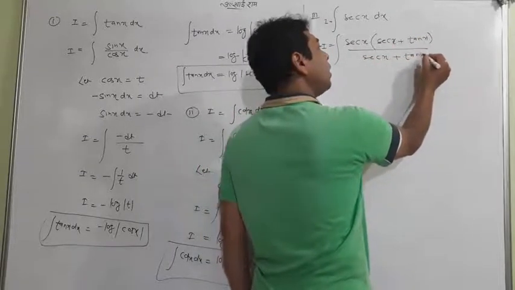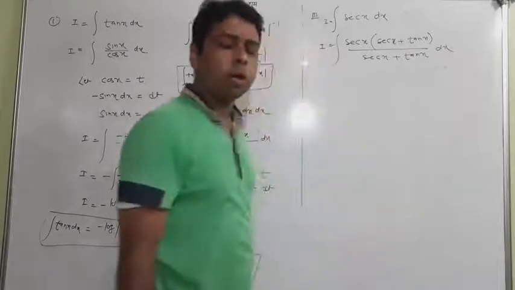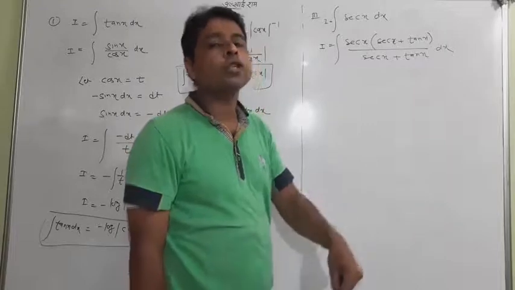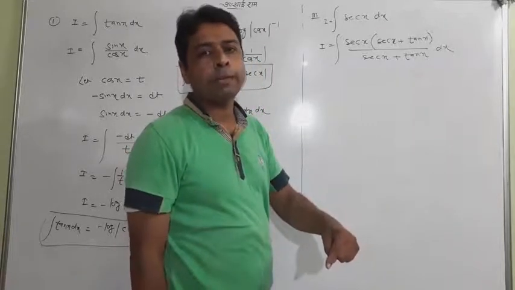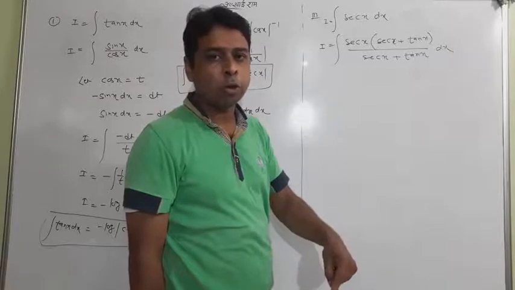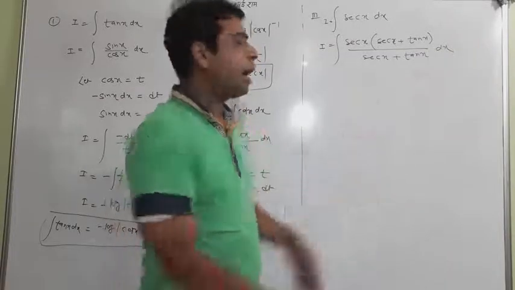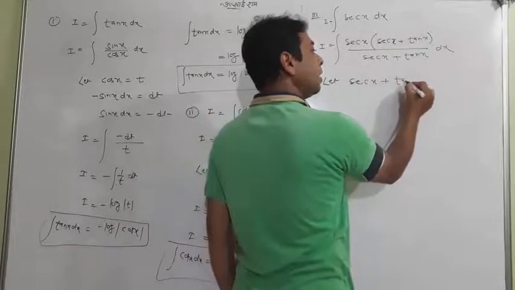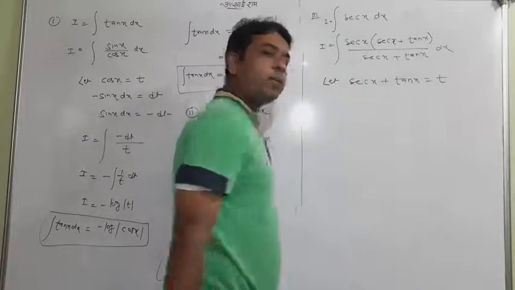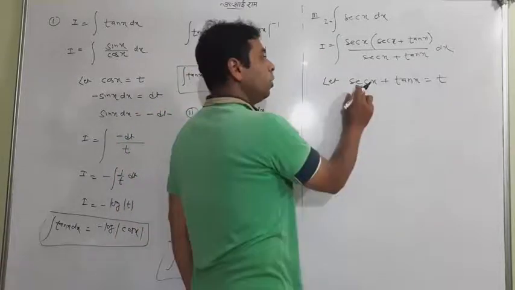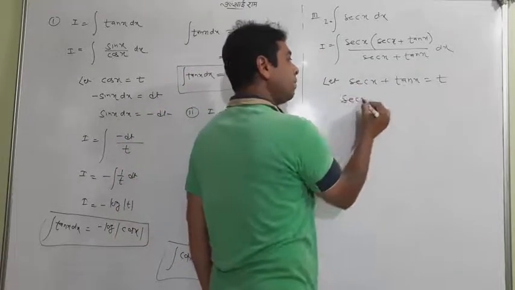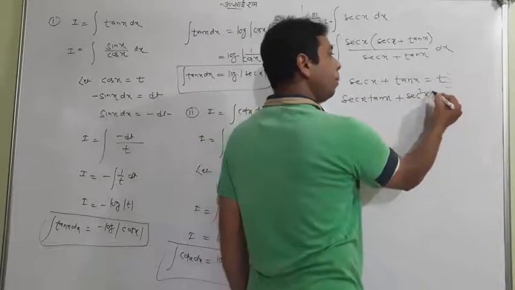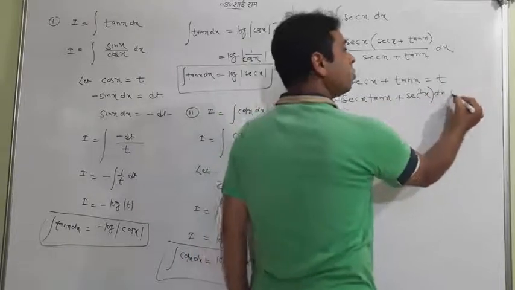Depending on your memory and on your practice, for solving the integration of sec x, you have to multiply and divide by sec x plus tan x in numerator and denominator. Definitely you can see here. And then after doing so, you consider sec x plus tan x is equal to t. When you consider sec x plus tan x equal to t, you just do the differentiation. Sec x has the differentiation sec x tan x, tan x has the differentiation sec square x, you remember, and then write dx is equal to dt.